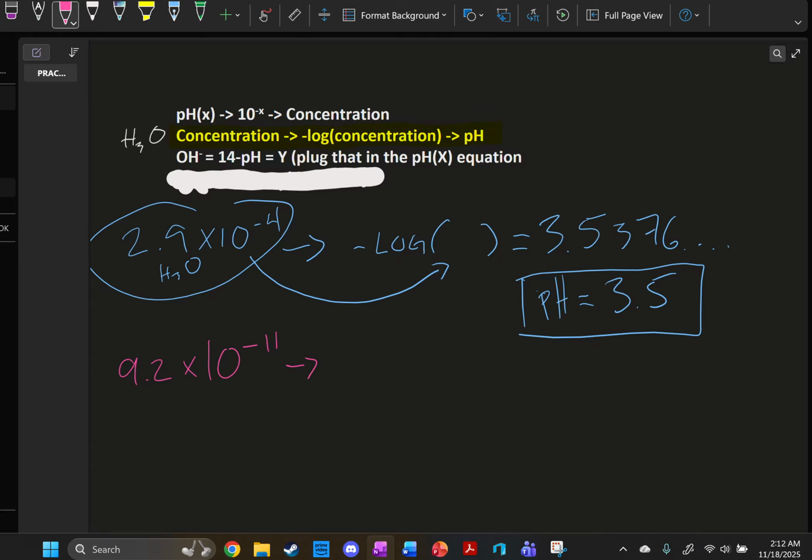We're going to plug that in. Negative log of 9.2 times 10 to the negative 11. Don't forget that negative, right? Close that bracket, and it spits out,